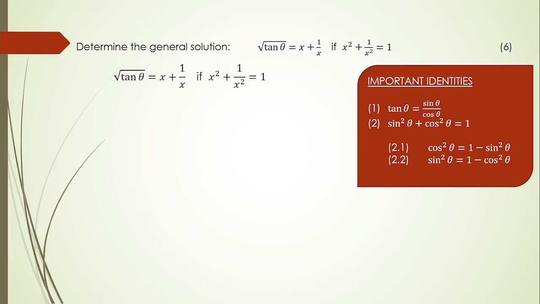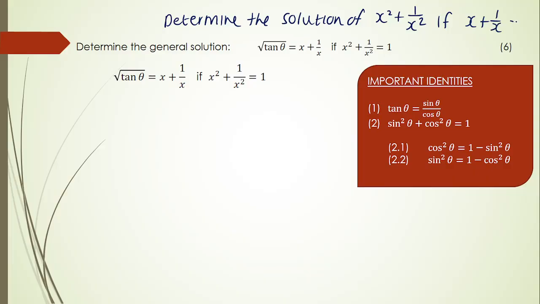Okay, determine the general solution of that if that is true. So this reminds me a lot of those questions that come up in question 1, where they say something like, determine the solution of x squared plus 1 over x squared if, and then they give you a basic one, like if they say this is equal to 1. These are very common questions that come up in question 1 for grade 11. I think they've come up quite a few times for matric as well, but it's a little bit more advanced